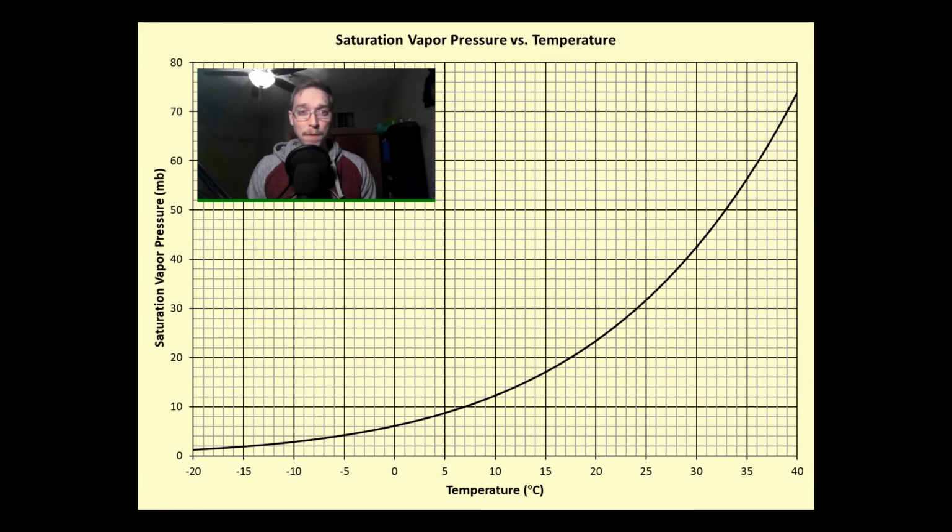We've seen this graph in previous lectures. So here's our saturation vapor pressure versus temperature. Saturation vapor pressure is on the left axis, temperature on the bottom. So here, if we look at these two points,